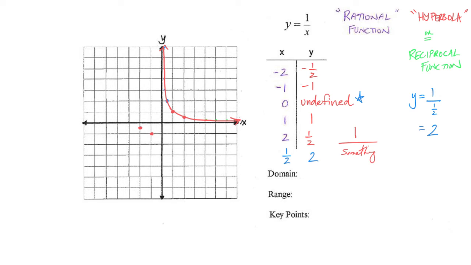Okay, if we alternate that a little bit, then we should also be good that we're never going to hit the y-axis. Now, we know that we don't have a point on the y-axis because when I sub in 0, I get an undefined. But we should also see that we could continue that trend with our blue points and continue to sub in smaller and smaller and smaller values and get a function value that is huge. Okay, what we're actually going to have then is that exact same shape that you see on your graph,